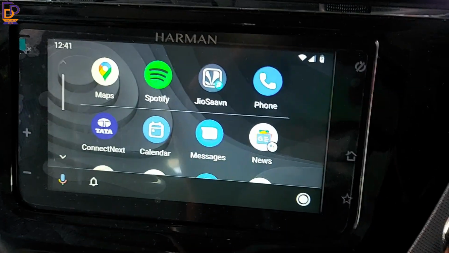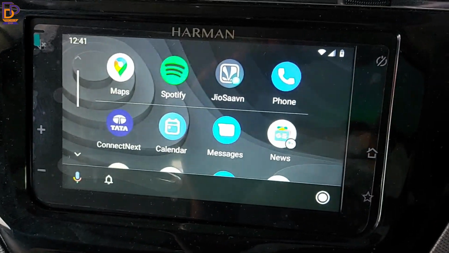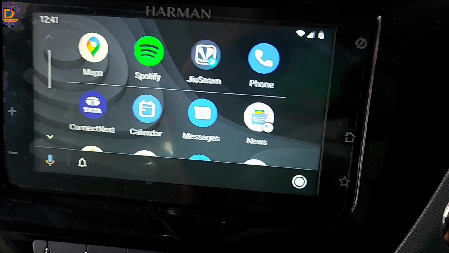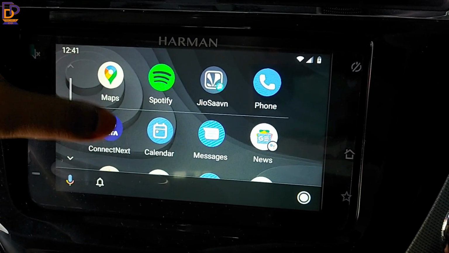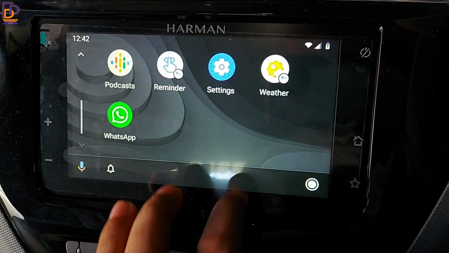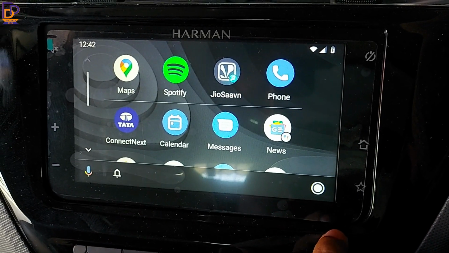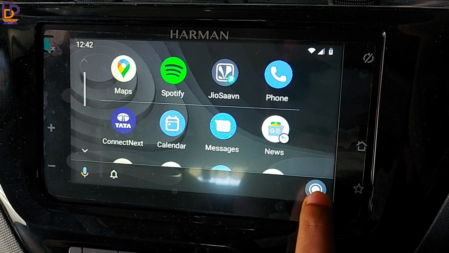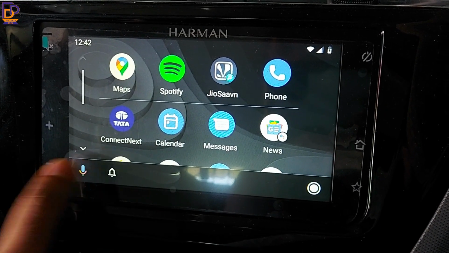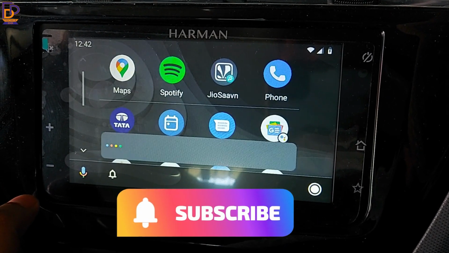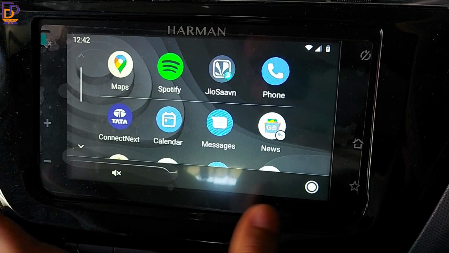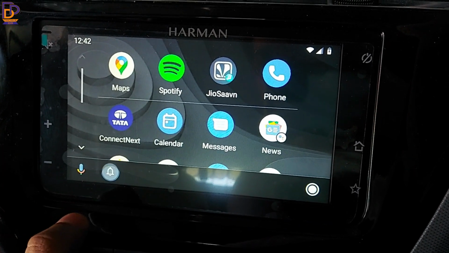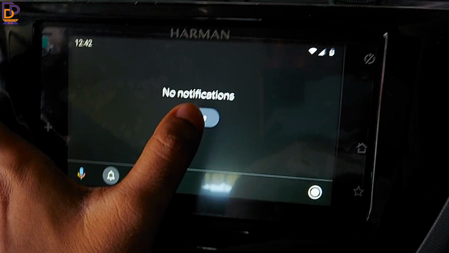And then Android Auto will load up for the very first time on your car display. Here all the apps that are installed on your phone will appear. And guys, not all the apps are supported by Android Auto, only the supported apps will appear. And guys, this is the home button, and by tapping on this you can trigger your Google Assistant, and here it will show all your notifications for all the apps that are supported.